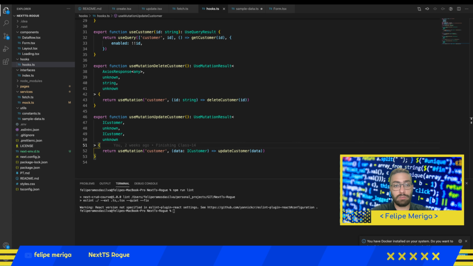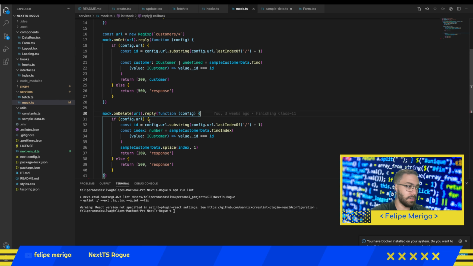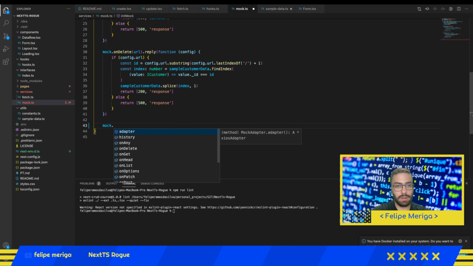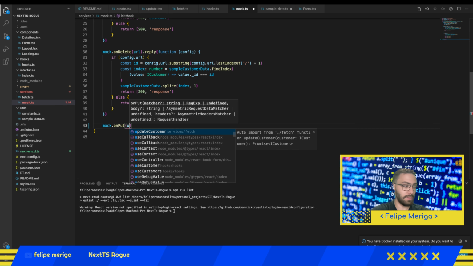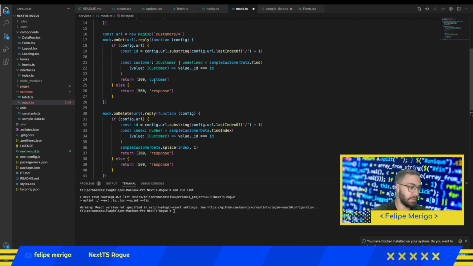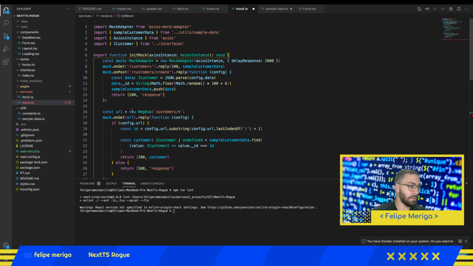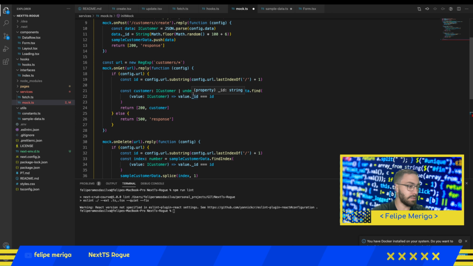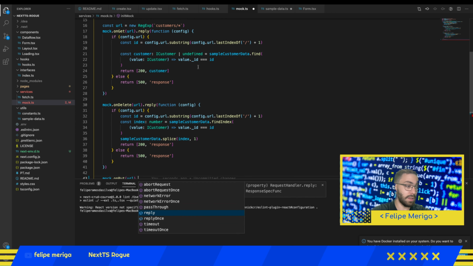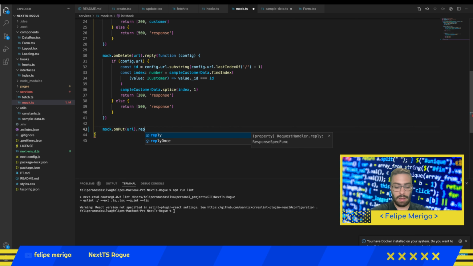And now I just need to configure the mock. As we don't have the API yet, we are going to do the mock. And we have all the mocks. The last but not least mock will be mock.onPut, because it's the only HTTP method that we haven't covered yet. The URL will be the same URL as delete, because basically this will be the same as delete,